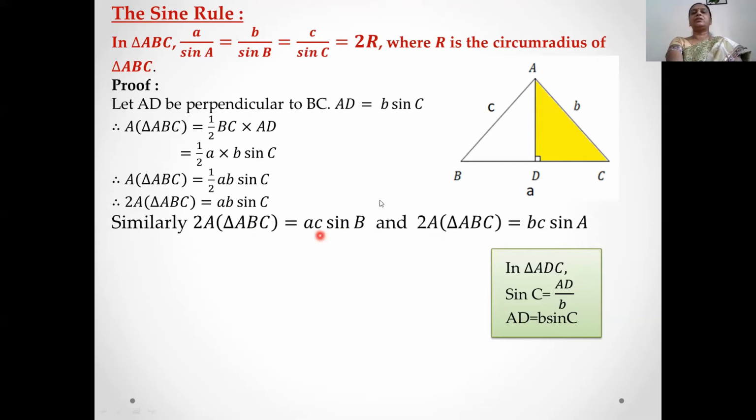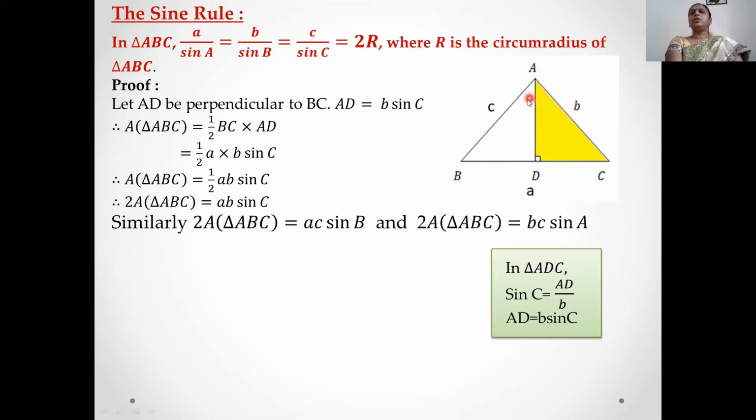to get this equation, you consider this triangle ABD. In this triangle, sin B will be opposite side divided by hypotenuse, that is AD divided by c, and height AD will be c sin B. If we use this triangle, you will get this formula. And to get the other formula, you interchange vertices A and C. Take C at the place of A and A at the place of C. Then this base will be c and this side will be b. And in that case, the height will be c sin A. And you get this formula.